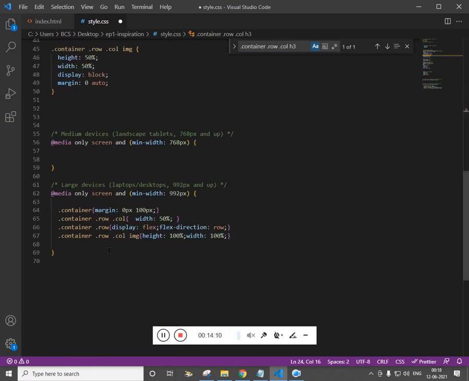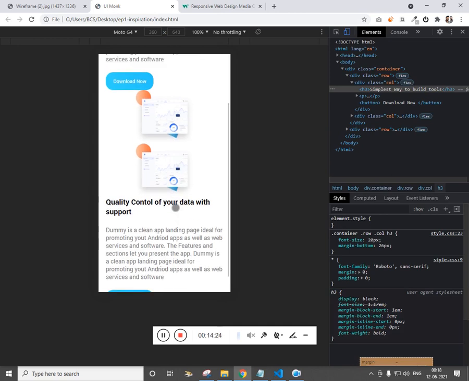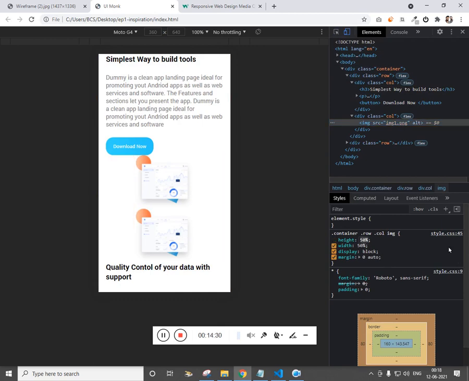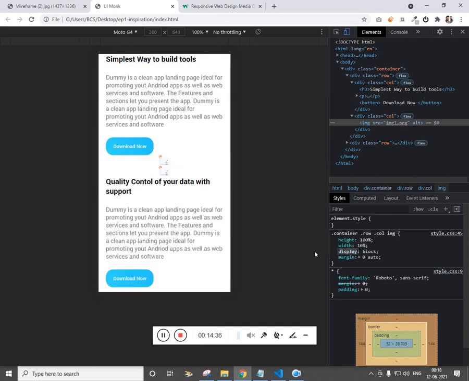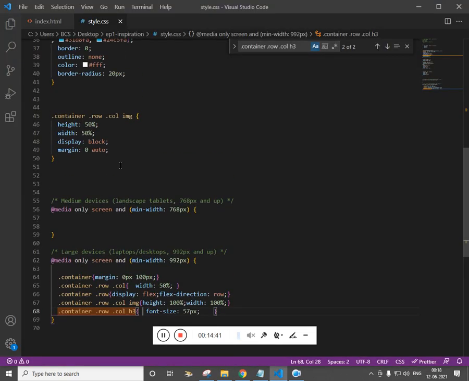For desktop it should be 57. Refresh it. So the 50% image doesn't work. Let us make this as 100 itself. Yeah, 100 is okay. So we don't need this display block and all.